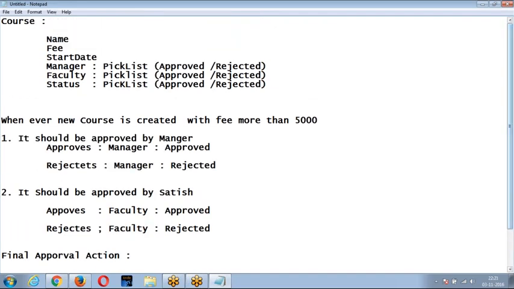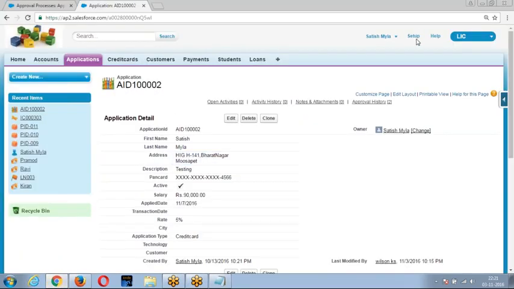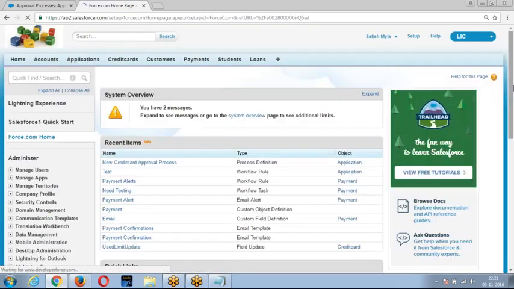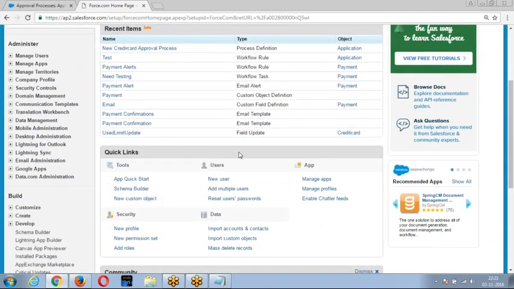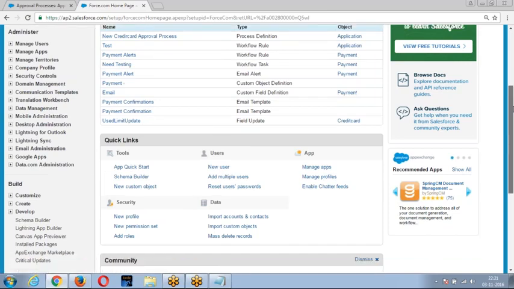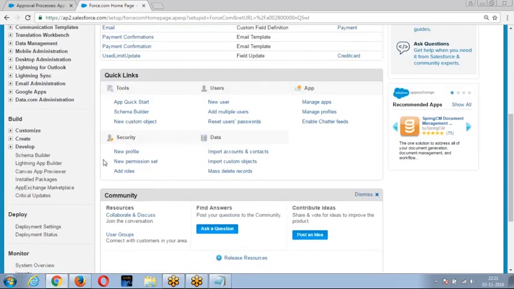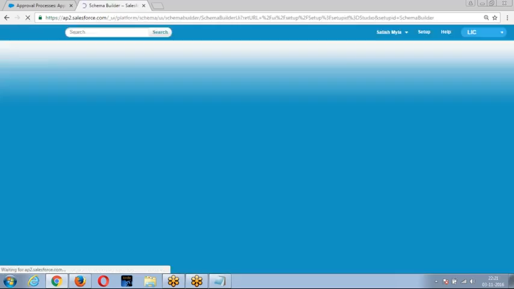To build this use case, first I need to create the following fields. What are the fields? Name, fee, start date, manager, faculty, status. Let me quickly create a custom object, course. So go to Setup, Build, Develop, Schema Builder.